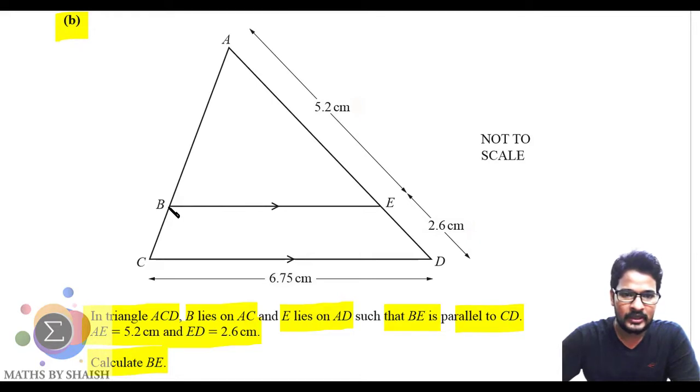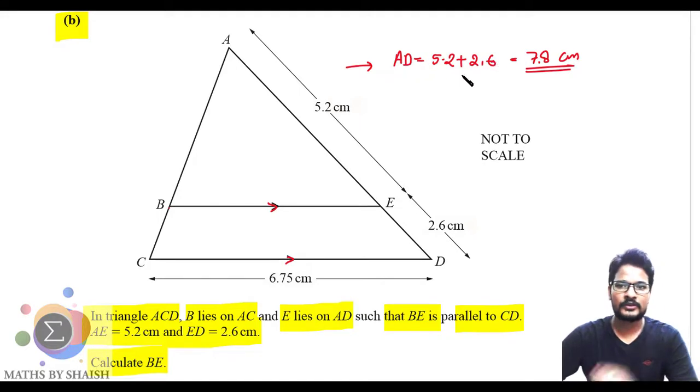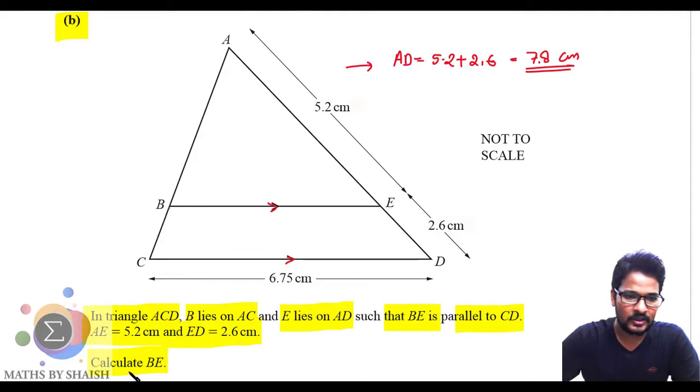This says that B lies on AC, E lies on AD, and BE is parallel to CD. And this length AE is 5.2, ED is 2.6. So from here we can directly say that AD is going to be 5.2 plus 2.6, and that is 7.8 centimeter. And I will tell you why it was required to do this, because once we see they are parallel and they are asking for BE length,